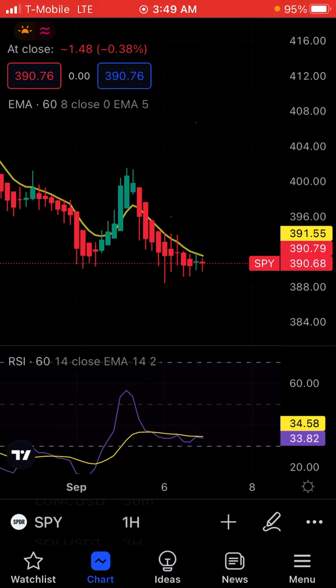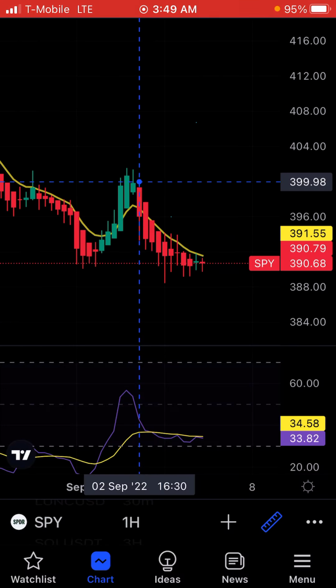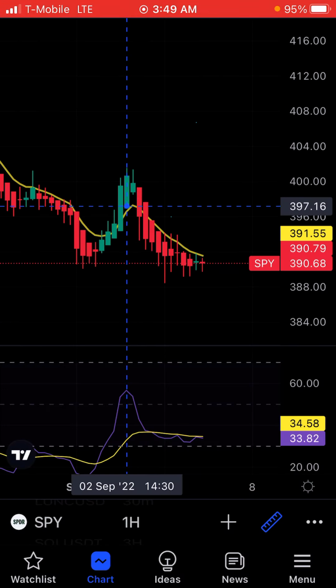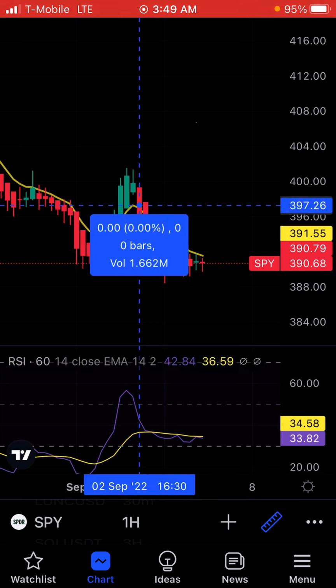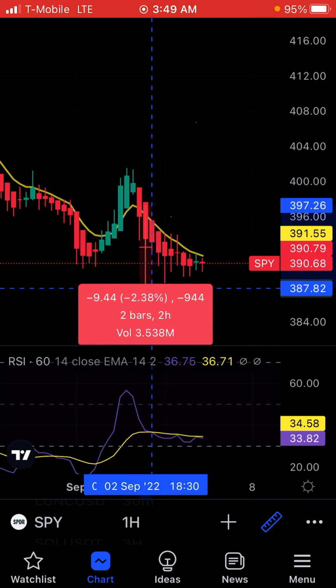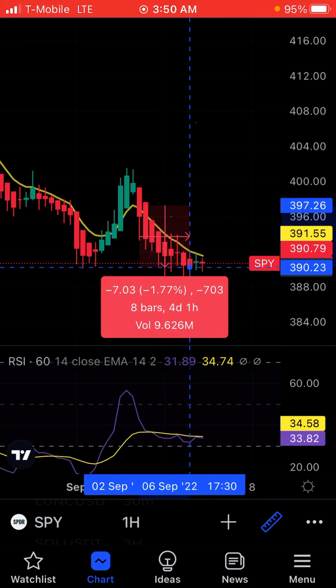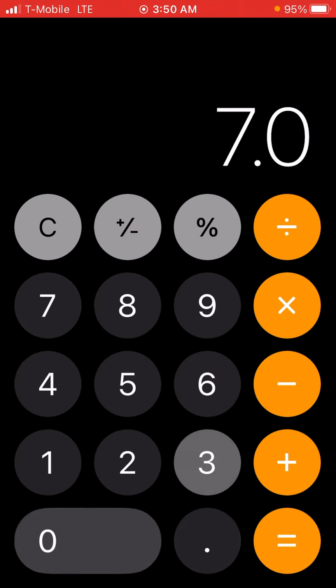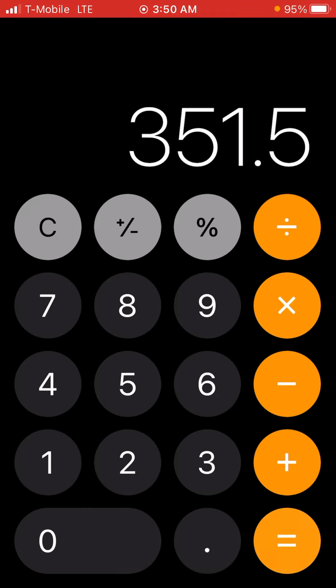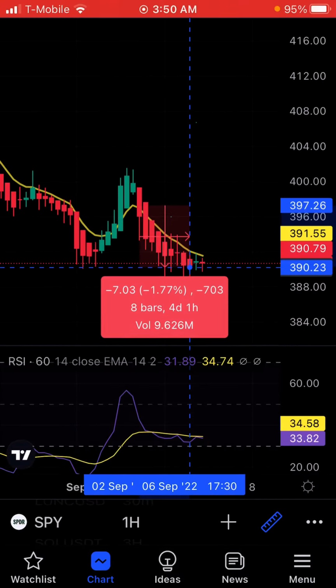But I personally just do it by the day because I want to set it and forget it kind of thing. I want to wait a while. If you do it by the hour, you kind of have to constantly keep looking at the price, see if it's pushing through the 8 EMA. So we see right here, there's a red candle pushing through the 8 EMA. And if you did a put, you would have made 7.03. 7.03 times 50. So you would have made $400.